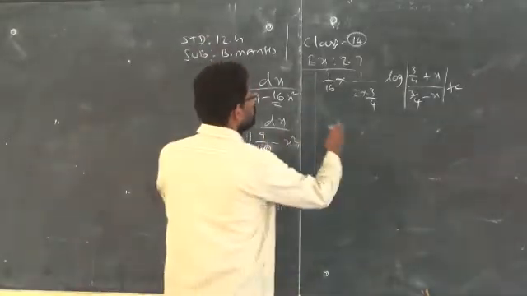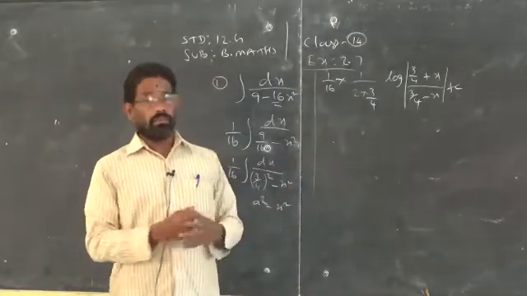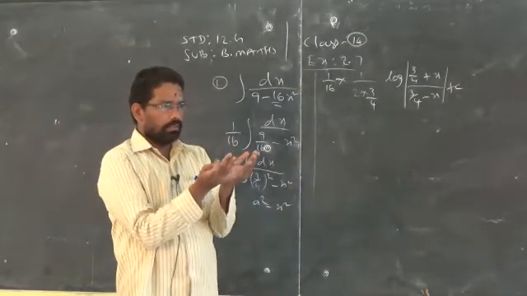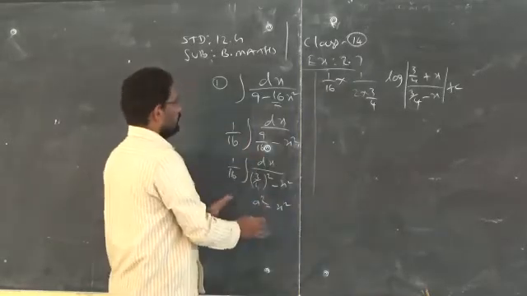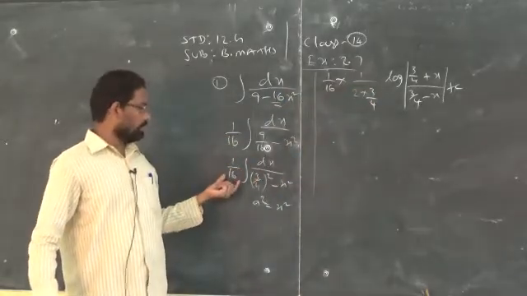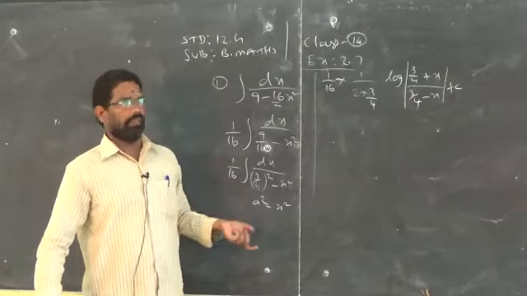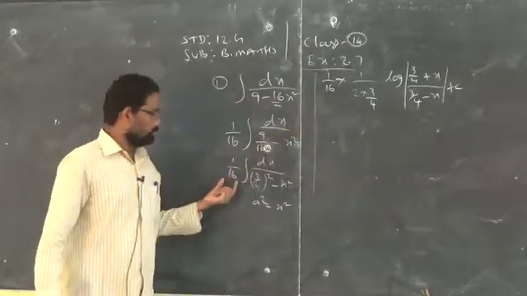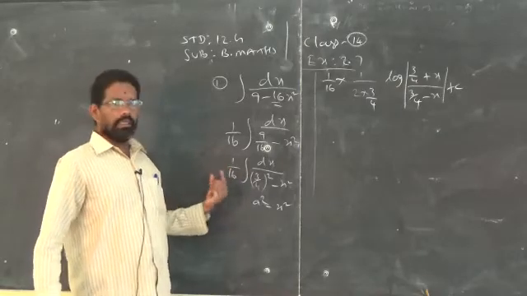That's what I did without 1 by 16 in the previous class. Now I am teaching you with 1 by 16. This is the only correct answer. The previous one is the wrong answer. So you have to compare those two and be careful while doing this exercise. In exercise 2.7, most of the problems will have some factor outside of the integrand by taking a common factor. Clear? So be careful. The final answer should be carried out with 1 by 16 or whatever number is outside of the integration.